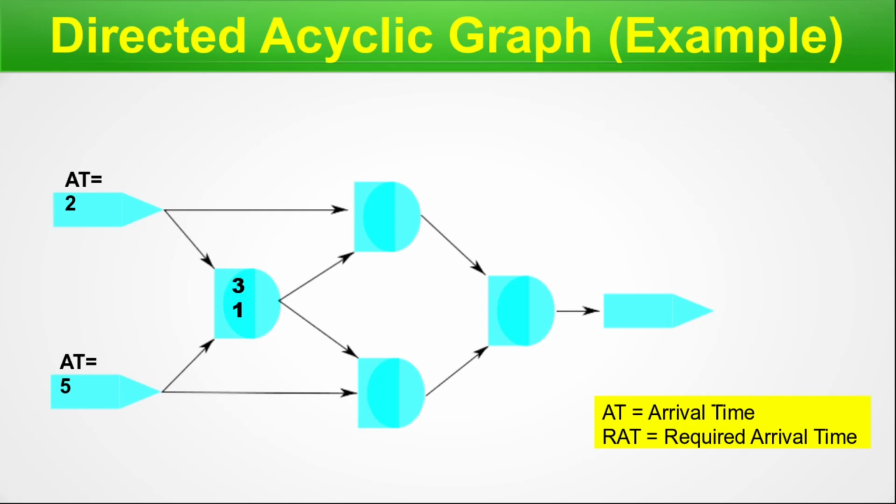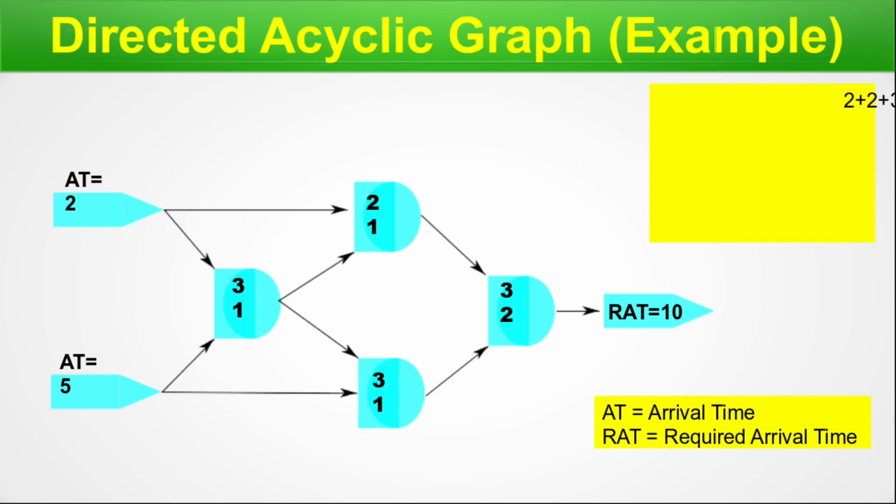Here we have 2 inputs. One has 3, another has 1. For this one, we also have 2 inputs. They have 2 and 1. Here we have 3 and 1 for the 2 inputs. And then in the final gate, we have 3 and 2 for the 2 input nodes. Now we define RAT, that is required arrival time, is equal to 10. So now let us calculate the total values.